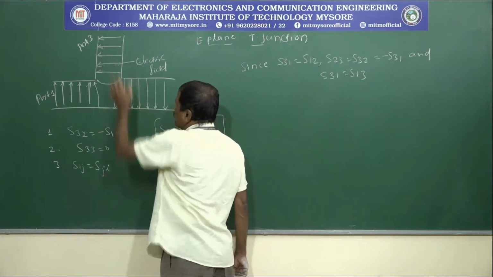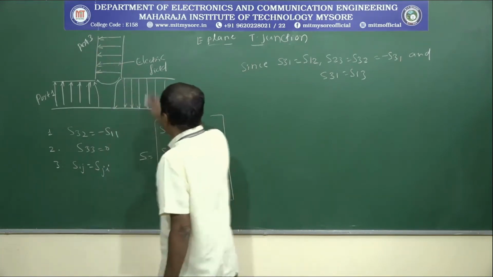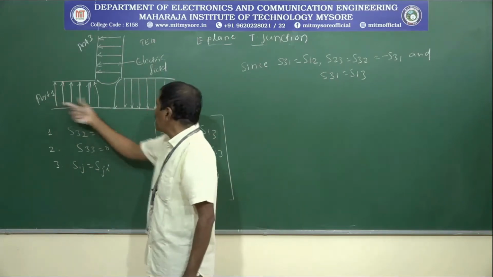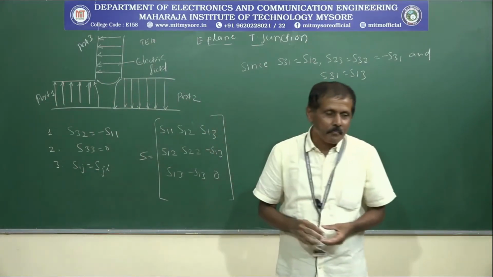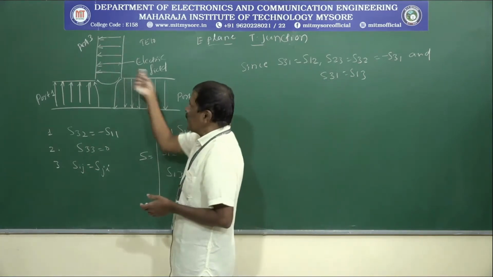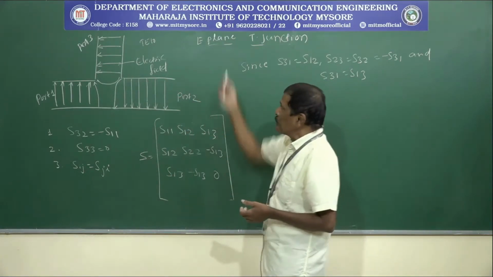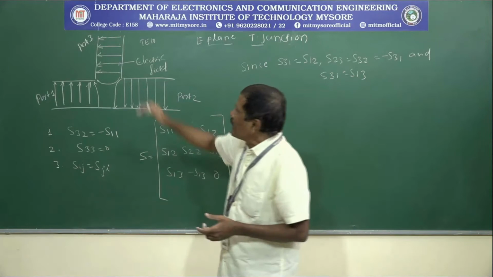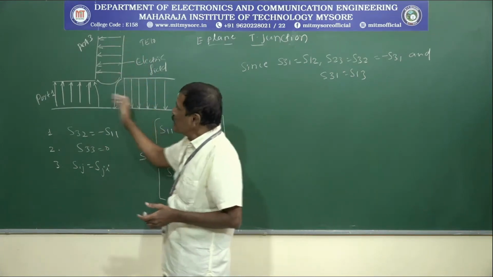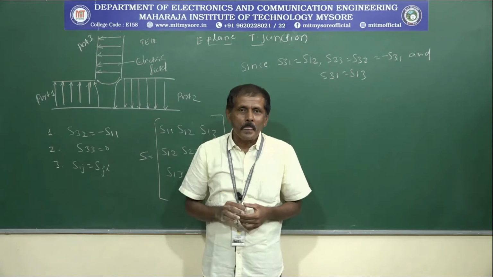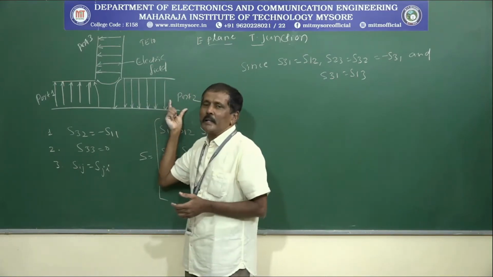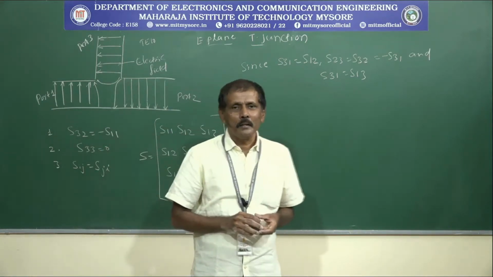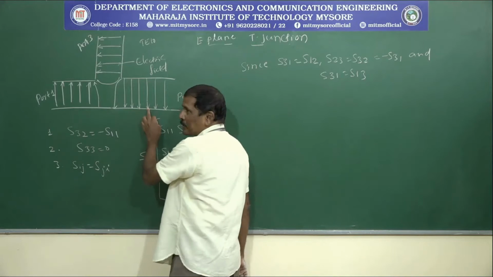So this is your port 3, and these are the lines which have been shown, the electric field lines of the TE10 mode, and this is port 1 and this is port 2. The difference between the H plane and the E plane is that in the E plane you are feeding the signal to port number 3, and this signal or wave equally splits between port 1 and port 2. But whatever signal or wave you are getting at port 2, it is 180 degrees out of phase with port number 1.